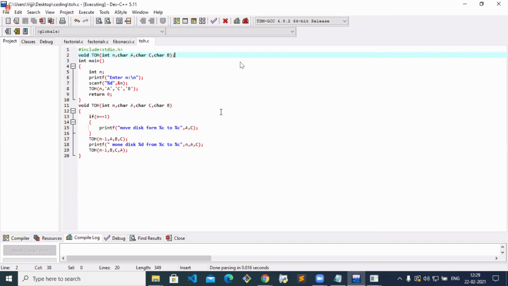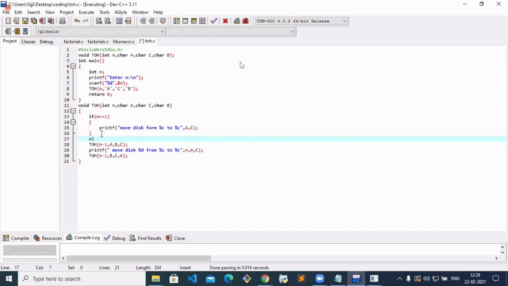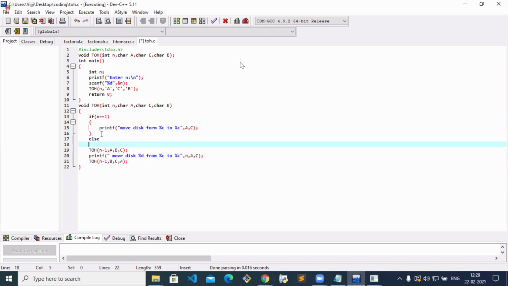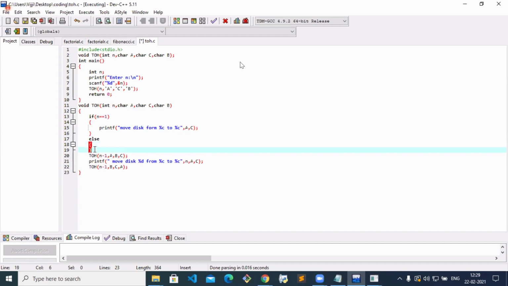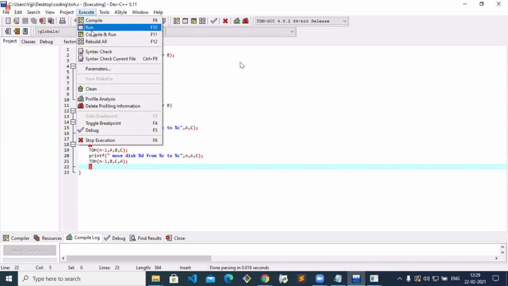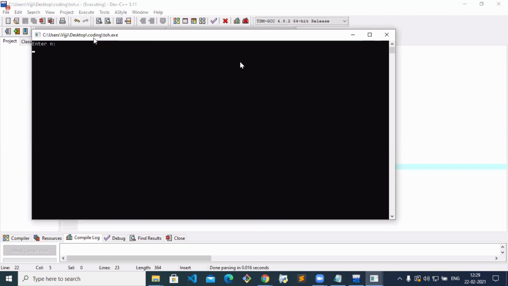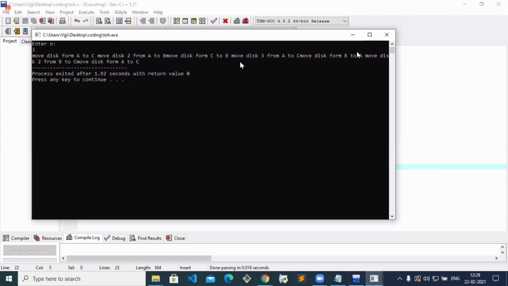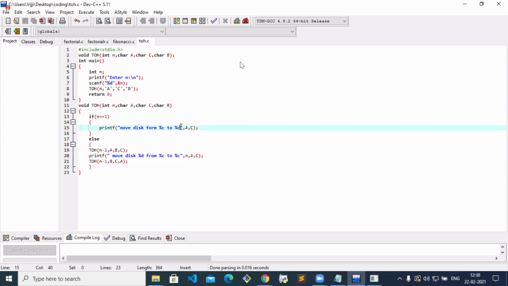It is asking us to move disk from A to C. From A to C. I'll give this backslash n because it will print when you run it.